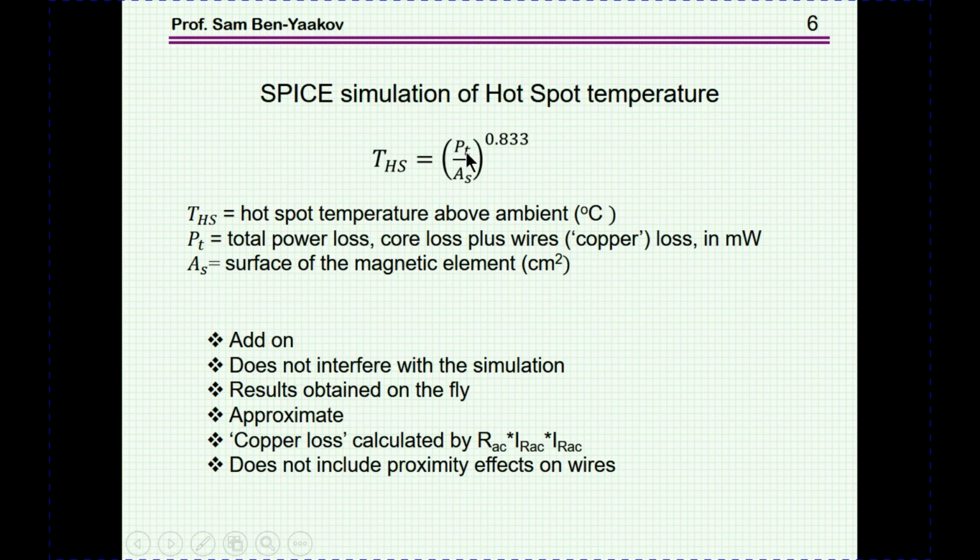Now, the total power loss includes both the core loss and the so-called copper loss, that is the heating of the wires, okay? So this is the total power dissipation of this element. AS is the surface area of this element, that is the surface area all around the element. And to the power of 0.833, this is again an empirical equation that is being used to estimate the hot